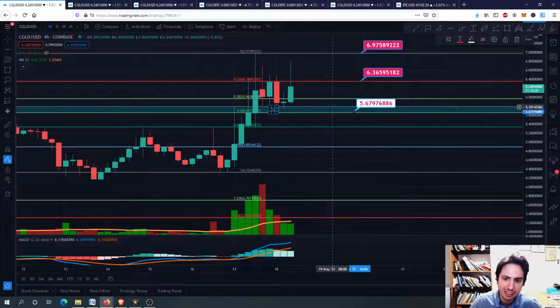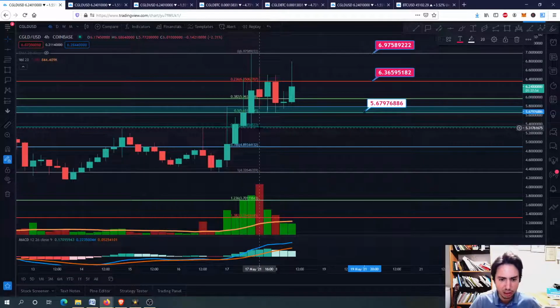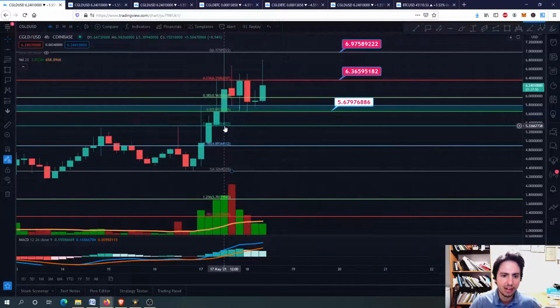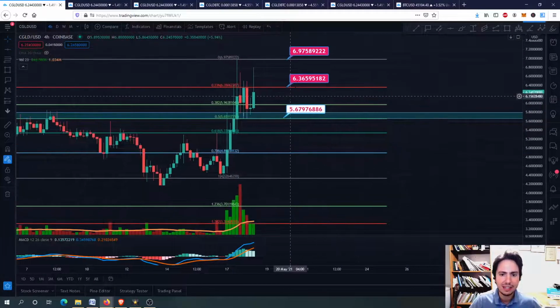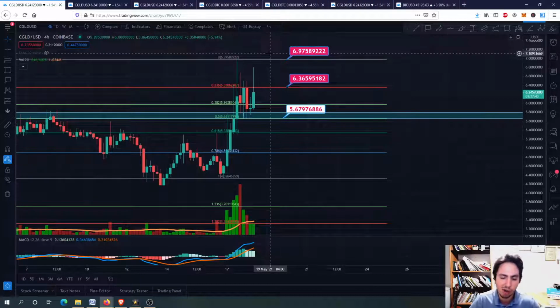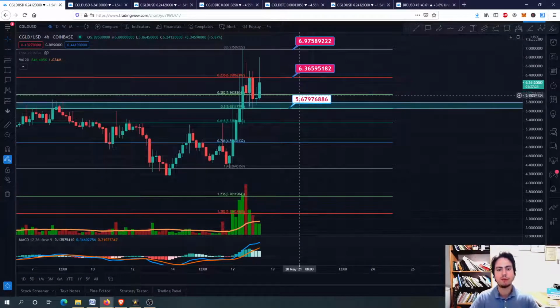So right now this is the area of the support level we found at 0.5 Fibonacci retracement, and of course as long as we hold the 0.618 Fibonacci retracement, guys, everything is fine. Right now we want to go to 6.36, make this a support level, and then actually we can go upwards. So these are our major support and resistance levels for now.